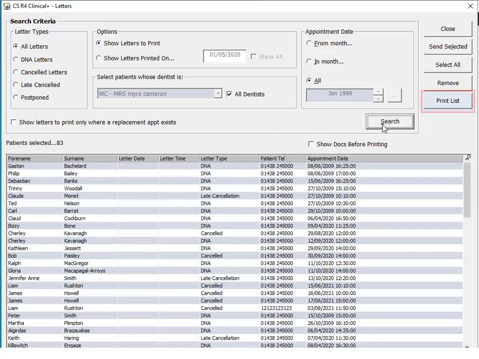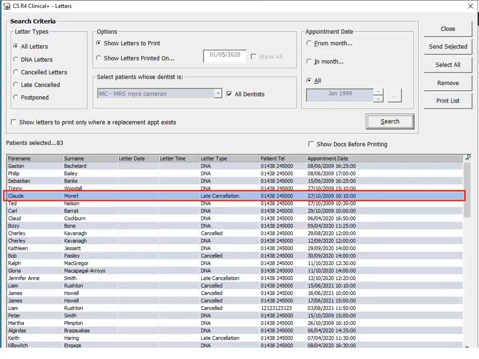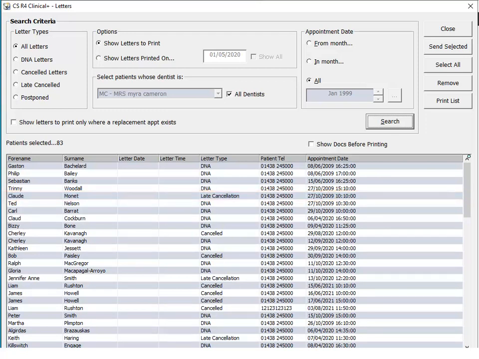This list can now be printed by clicking the Print List button, or any appointment in the list can be selected by clicking on it, then a letter sent regarding that appointment by clicking the Send Selected button. Multiple appointments can be selected in the list by using the Control key at the same time as clicking the mouse,